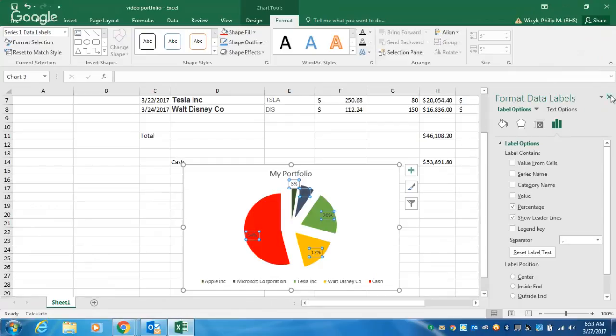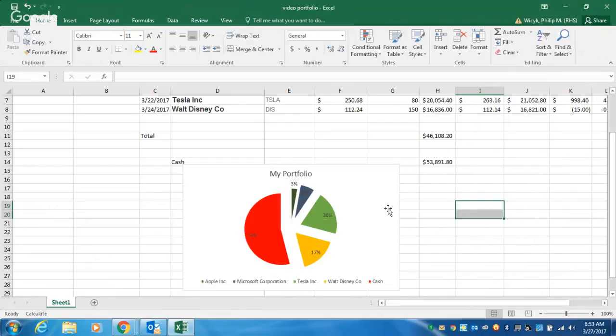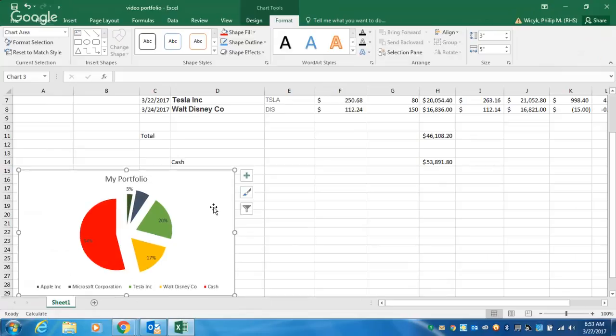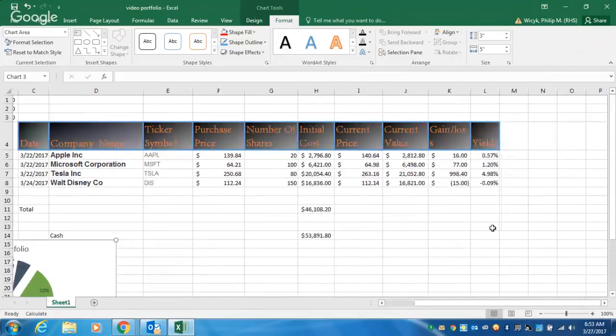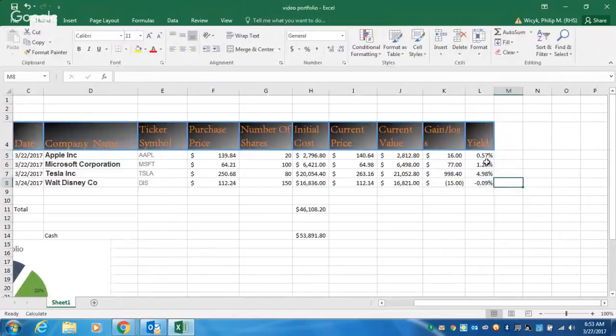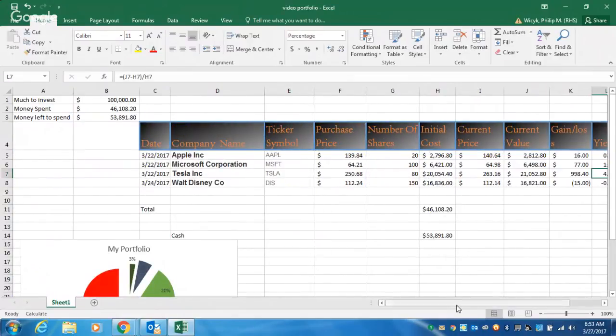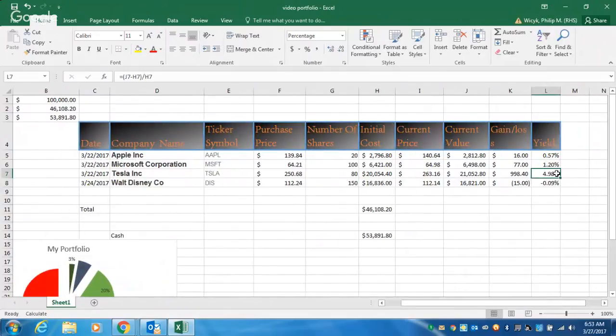All right. Other than that, I'm going to show you one more chart, and that chart is going to be how to graph your yields for each one of them. Again, yield is how much your stocks or your money is working for you. So right now, Tesla was our best investment, yielding us 5% in a little bit over 5 days. So in 1 week, we made 5%. To put that in perspective, if you would have put in $100 into Tesla,